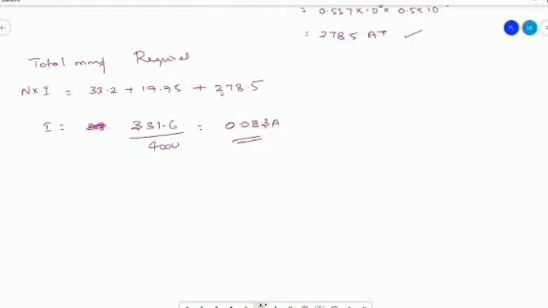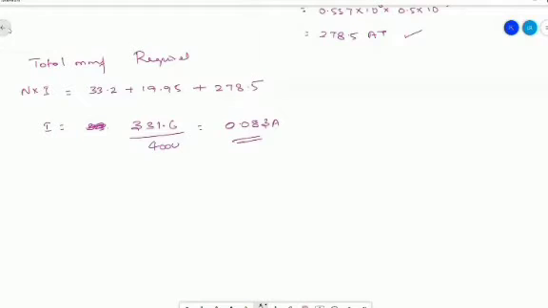So this is about the current required to produce a flux density of how much? 0.7 Tesla in the air gap using a 4000 turns coil. Okay. So we have analyzed section after section. We have computed the required MMF in each section. So put together, we have the total MMF required, which is nothing but the number of turns into I. So from which we can know I because N is given in the question.